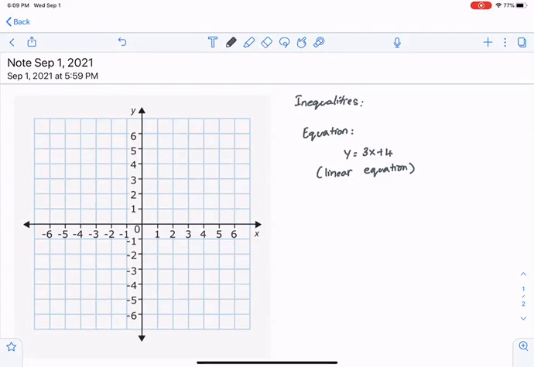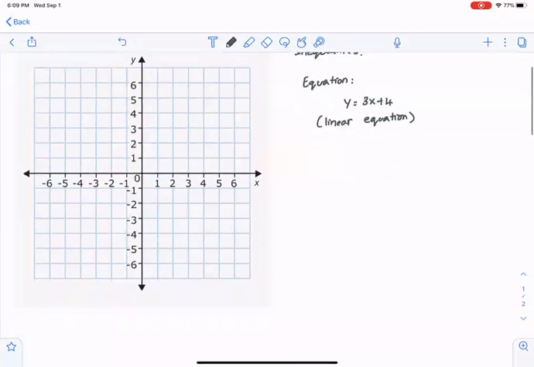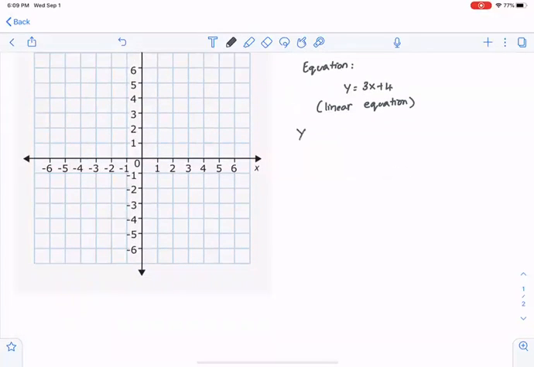one solution for x. But when we have an inequality, you would end up getting more answers. And I'll explain what that is when I show you how to do it in the graph. So what you see here is a linear equation, but if I change that equal sign to a greater than or equal to,